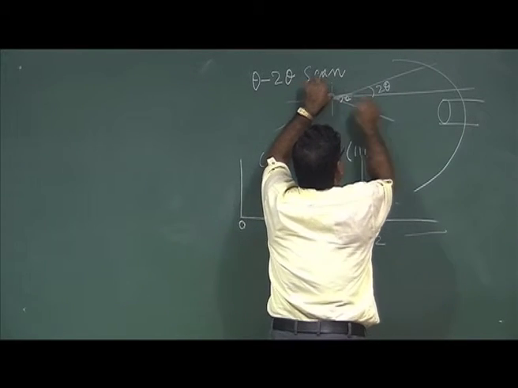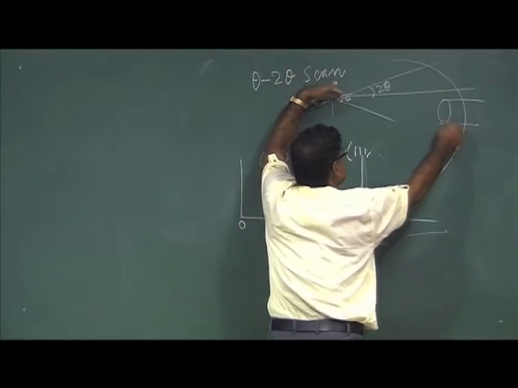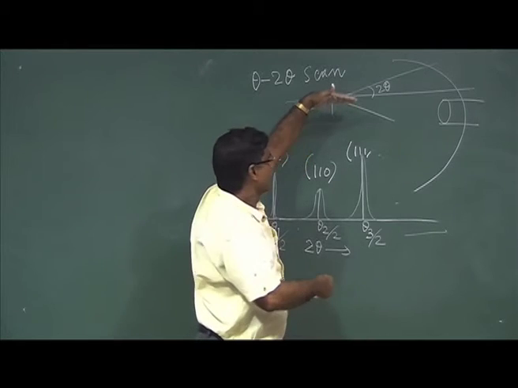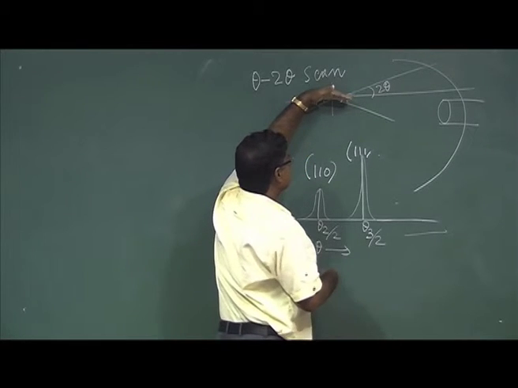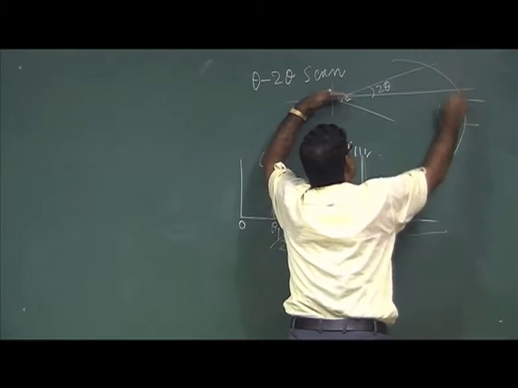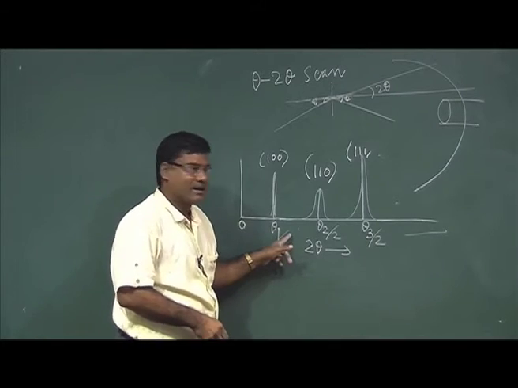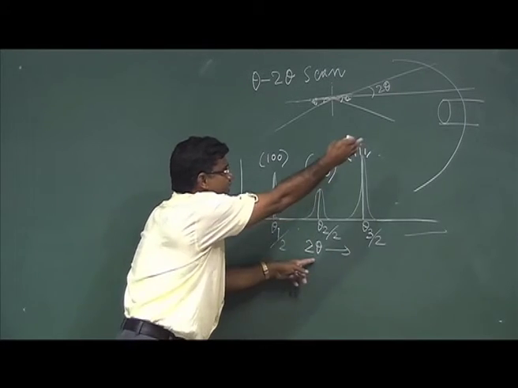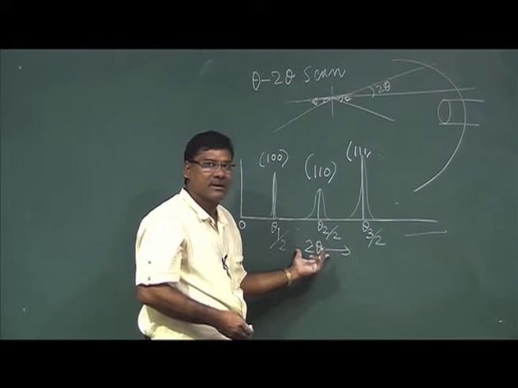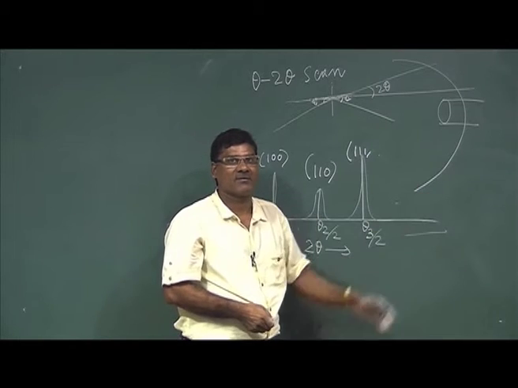Basically, for any change of theta here, the corresponding change happens at angle 2 theta. So simultaneously, starting from 0, the sample will rotate by theta and the detector will be rotated by 2 theta. That way it is scanned, and if you plot with respect to the detector angle, which is 2 theta, you will get the different Bragg peaks.